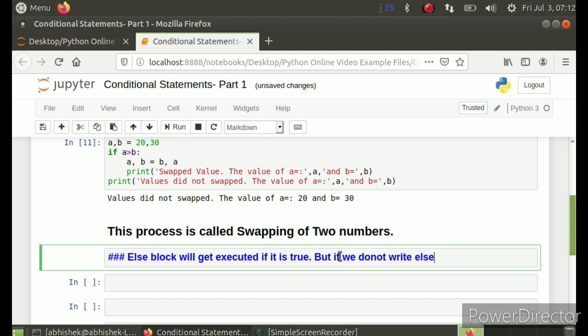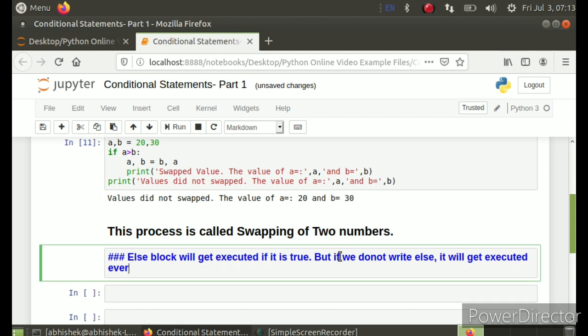If we do not write the keyword else, the outside statement will get executed every time, along with the if.